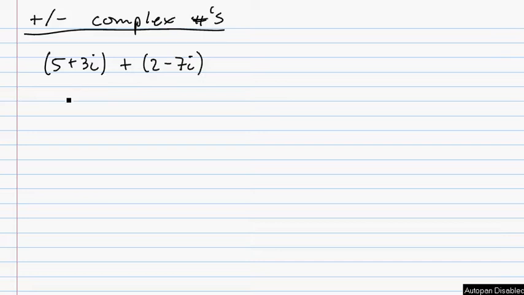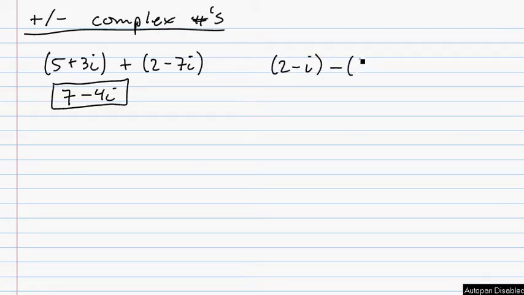5 and 2 are like terms. You can just write 7, and 3i and negative 7i will turn out to be minus 4i. So I can just write minus 4i. No tricks involved there. Just be careful when you do something like this,